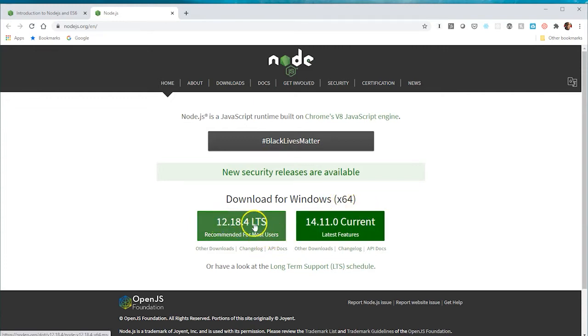So I've already downloaded this on my machine, so I'm not going to install this, but what I would like for you to do is pull up our editor, Visual Studio Code, which I'll be using throughout this video series, and then I'll bring up the terminal, a bash terminal, to make sure that Node.js is successfully installed into